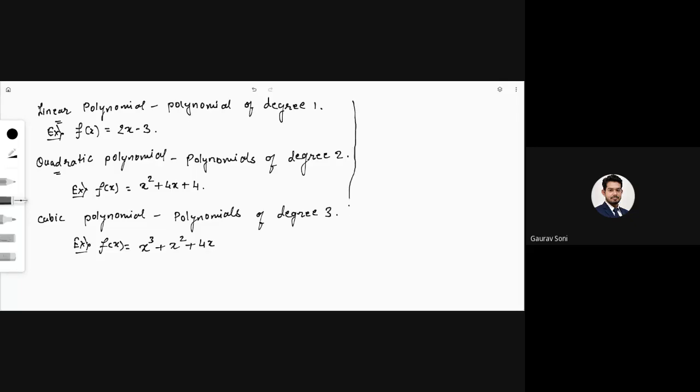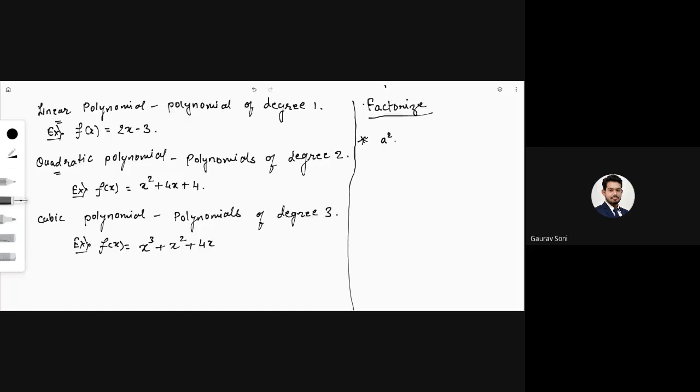Now, once we have understood this, look in your syllabus, we will talk mostly about linear and quadratic. Cubic will be something rare, but what we do is we factorize every polynomial. What do we mean by factorizing? It's something that you have done in your 10th standard. You know it, you just have to revise it. Yes, so I will just recall some of the properties.